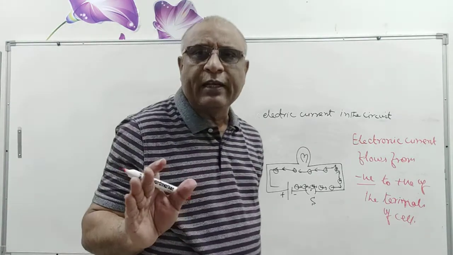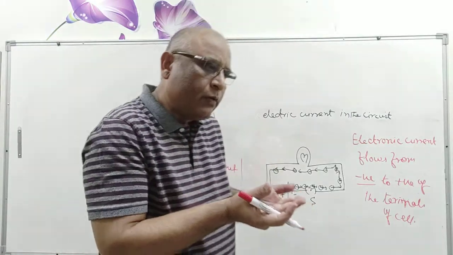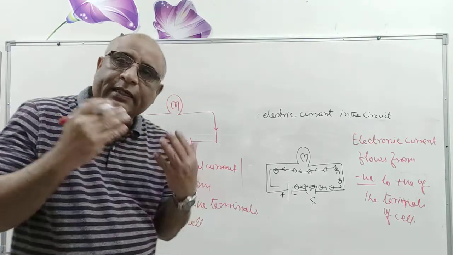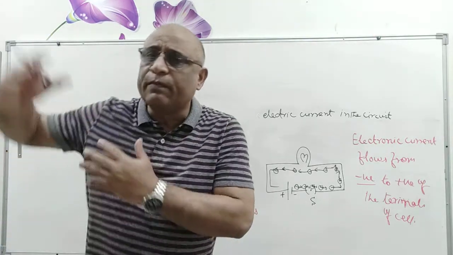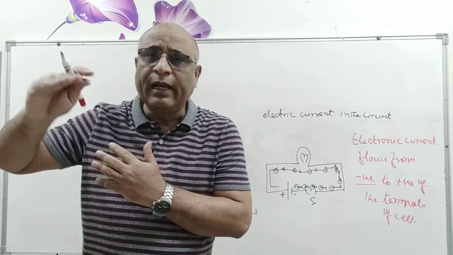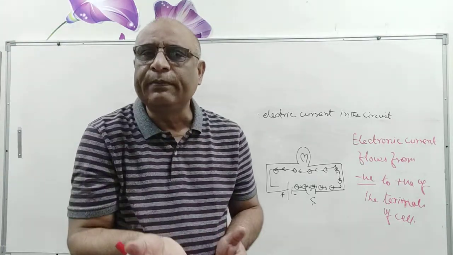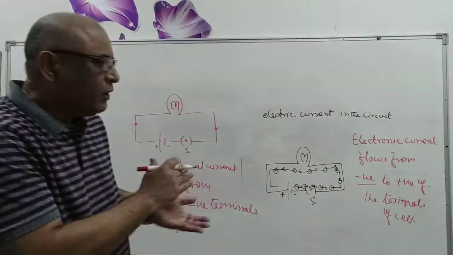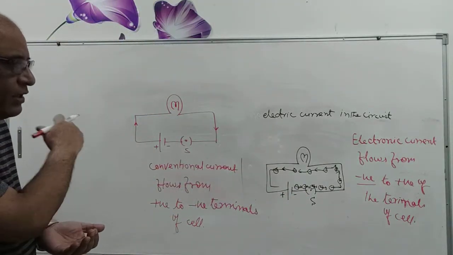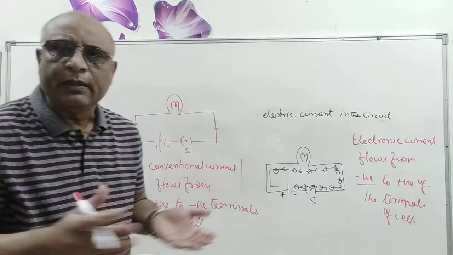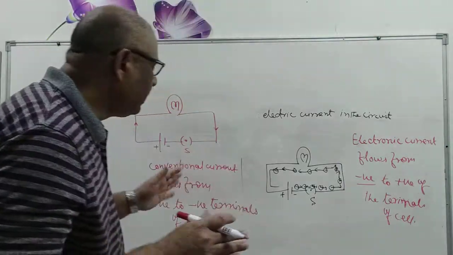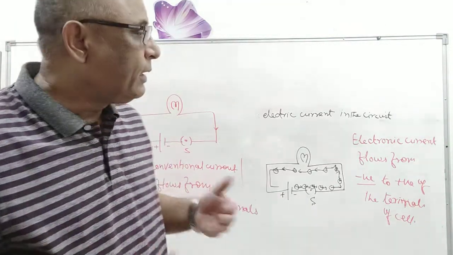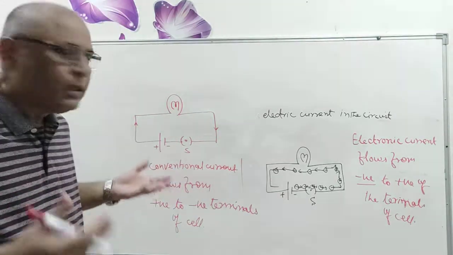They are not two different types of current. Actually, it is the flow of electrons from negative to positive, but it is our convention. We have assumed since time immemorial that the current direction is positive to negative, so it is a kind of convention. So now the difference between conventional current and electronic current is very clear to you, and you also know how electrons move and make a current, and EMF helps in making a current.